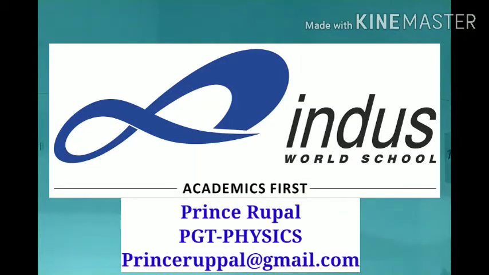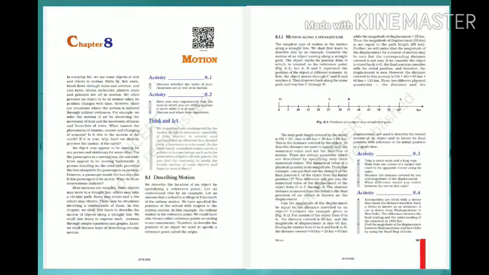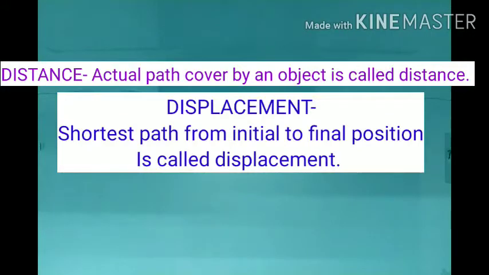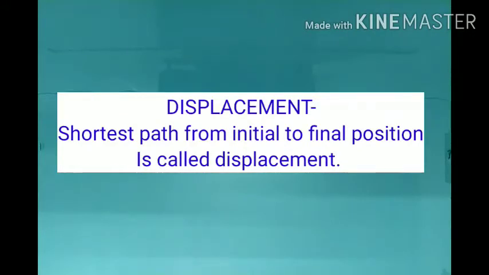So today we are going to discuss chapter number 8, class 9th, that is motion. Previously we have done distance and displacement, motion in a straight line. Now first of all, let us recapitulate distance and displacement. In the case of distance, we already know that the total path covered by an object is called distance. But in the case of displacement, we can say that the initial and final position, that is the shortest distance, is